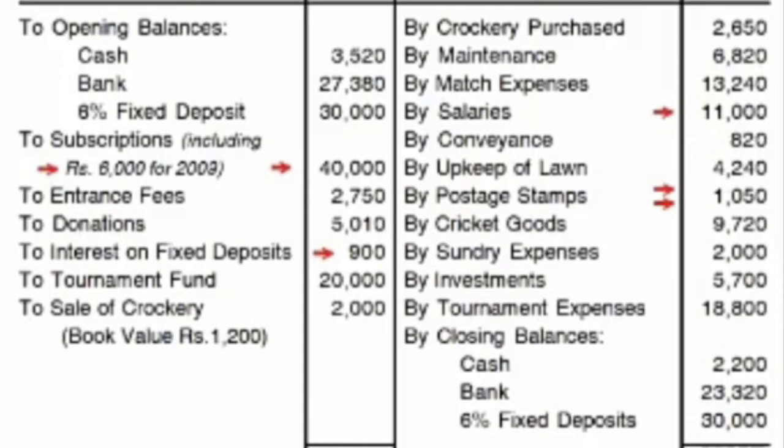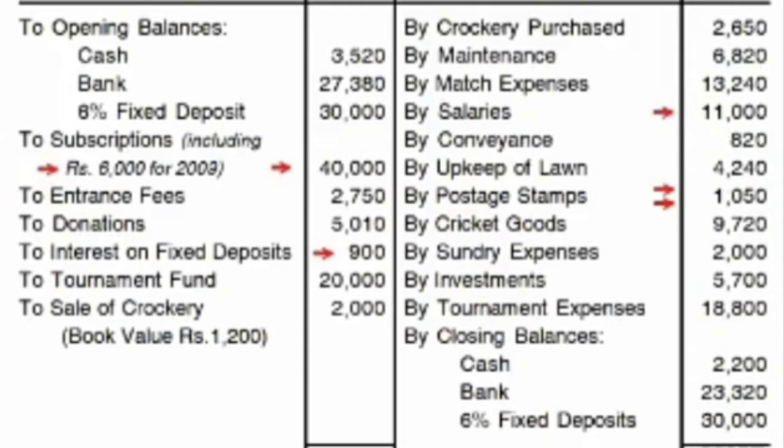Next, match expenses 13,240. This is also an expense. This is also recorded in the income and expenditure account, to match expense 13,240. There is no match fund here. If the match fund were there, then we would deduct from the match fund directly in the balance sheet. But here there is no match fund, so this expense we will enter in the debit side of income and expenditure account, to match expenses